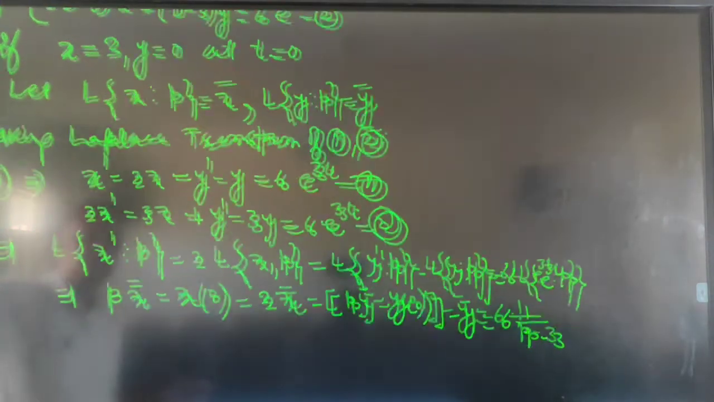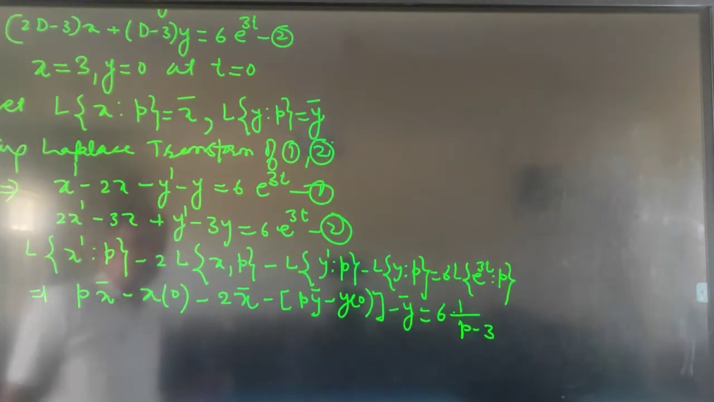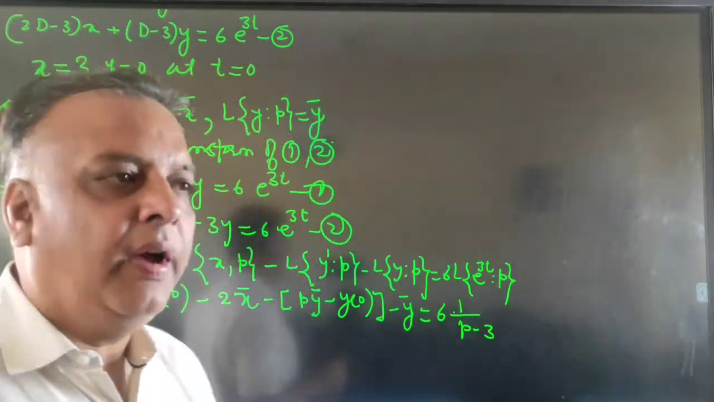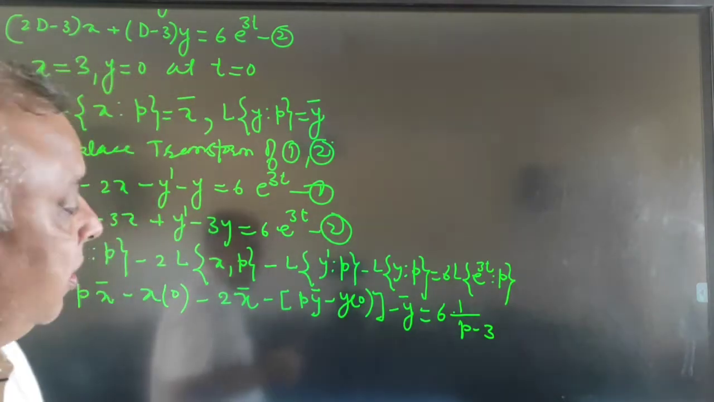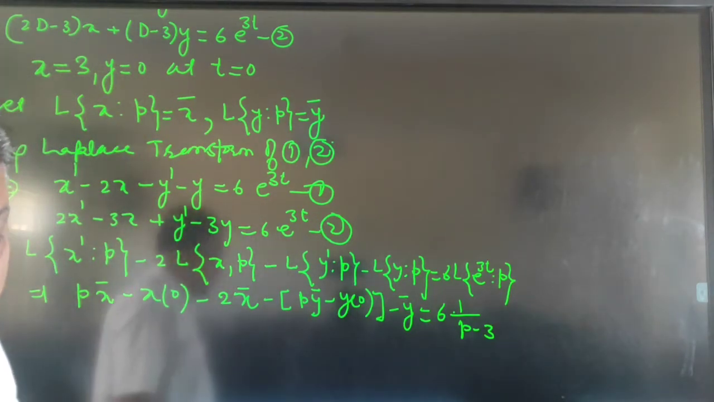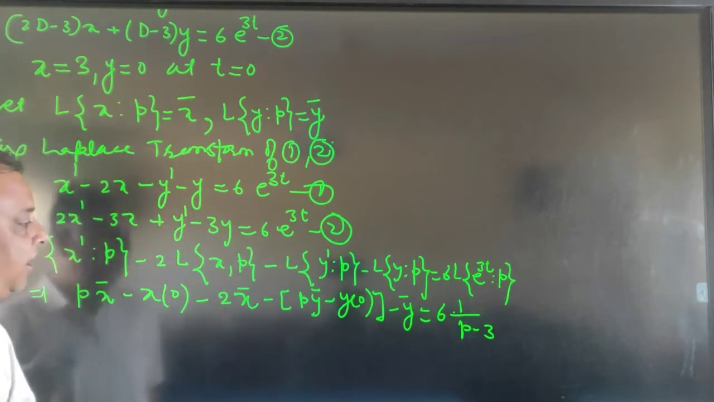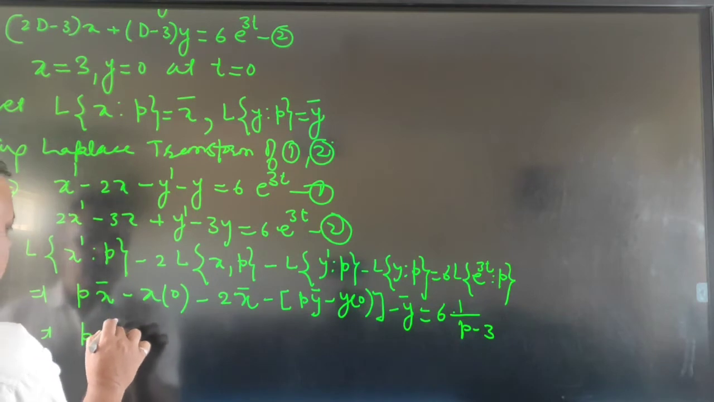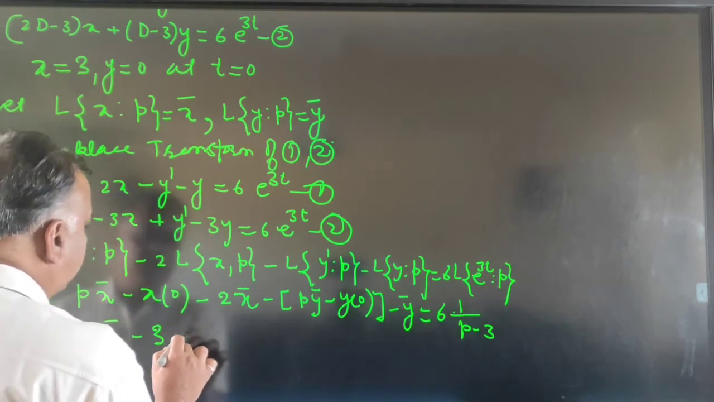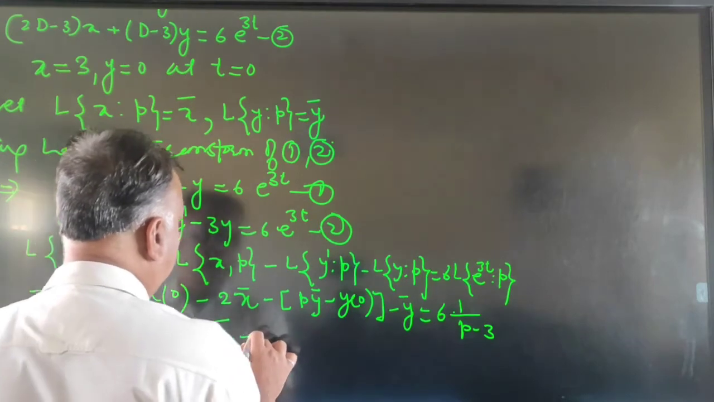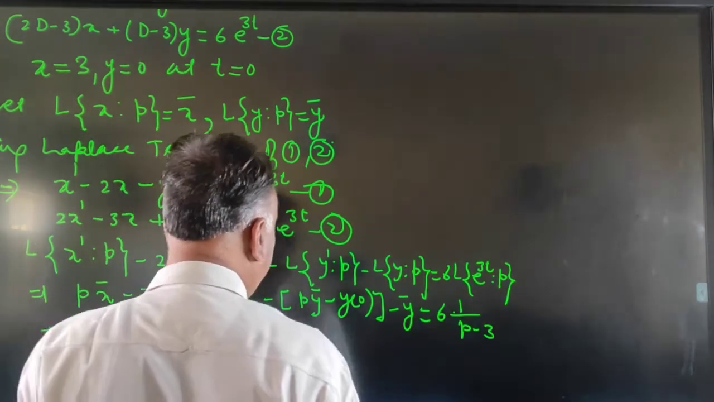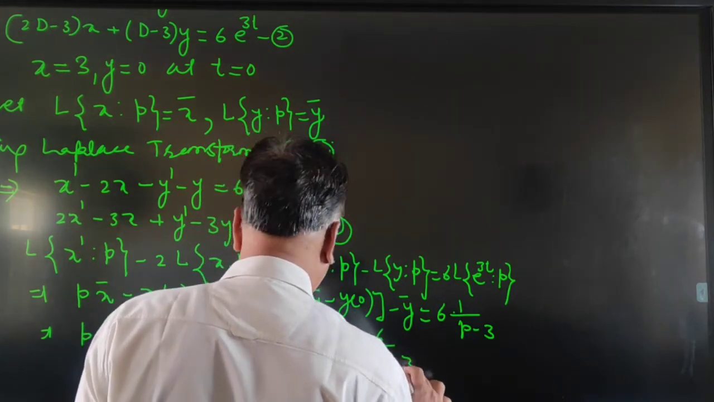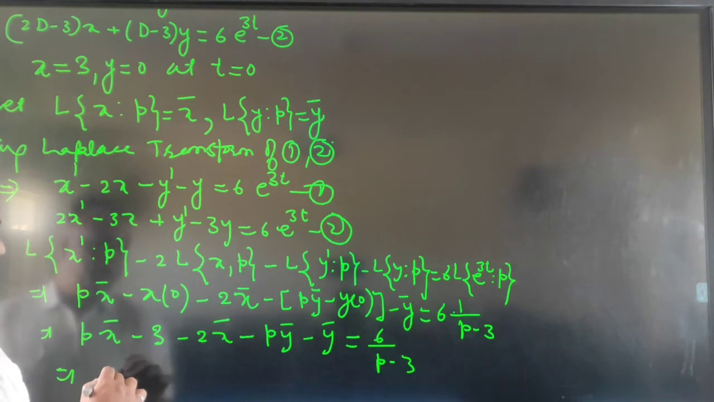So, putting the values of x0, that is the value of x at t equals 0, and y0, the value of y when t equals 0, we get x0 is 3 and y0 is 0, it is given. So we get p x bar minus 3 minus 2x bar minus p y bar minus 0 minus y bar is equal to 6 upon p minus 3. On solving this, we get p minus 2